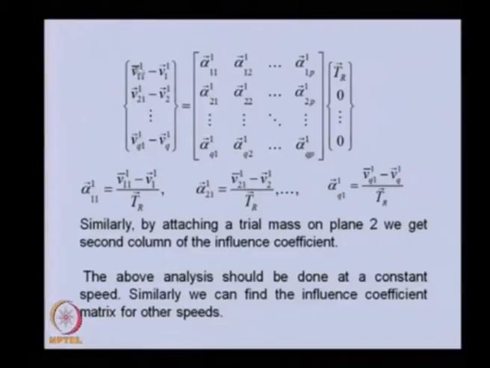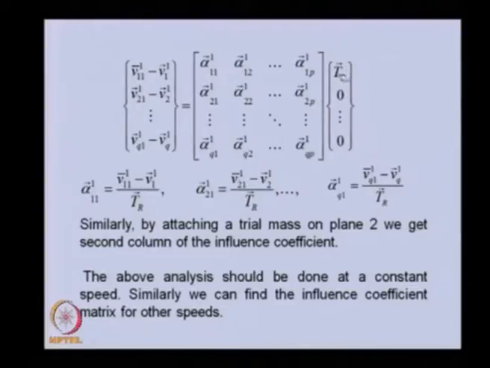this is the response corresponding to the trial mass. This is without trial mass. Because we have taken only the first Q number of equations, we get these differences. This is common because the influence coefficient is not changing with the trial mass. Here all the residual unbalances will get cancelled because only the trial mass will be left. So once we take the difference of these two equations, one with trial mass and another without, we get an equation in which all the residual unbalance is cancelled out.